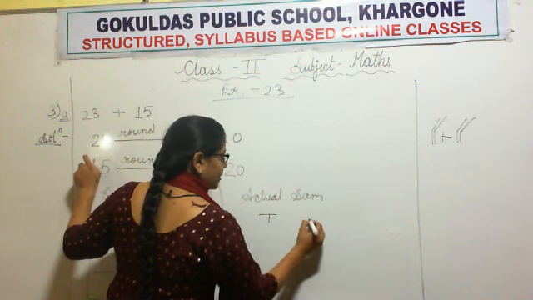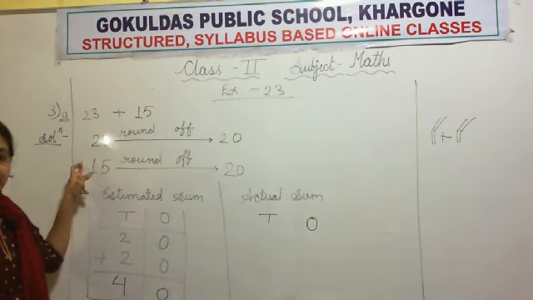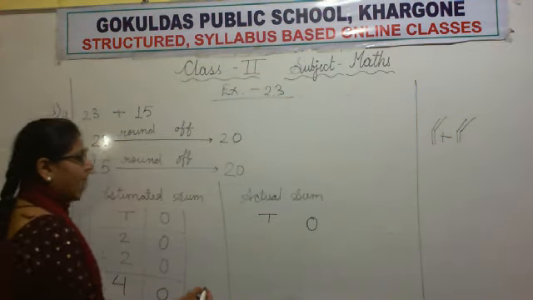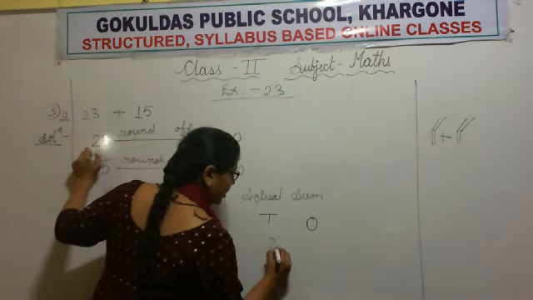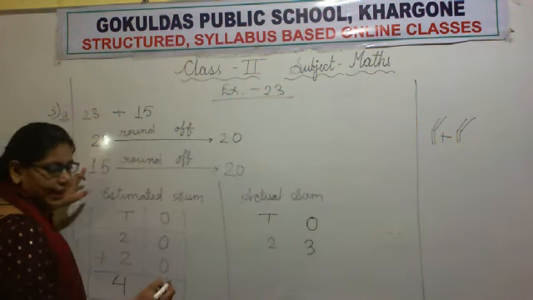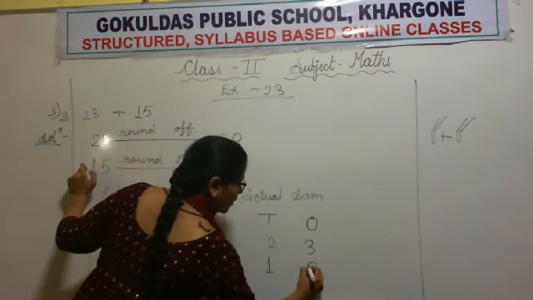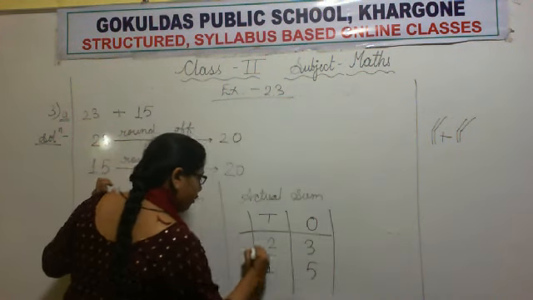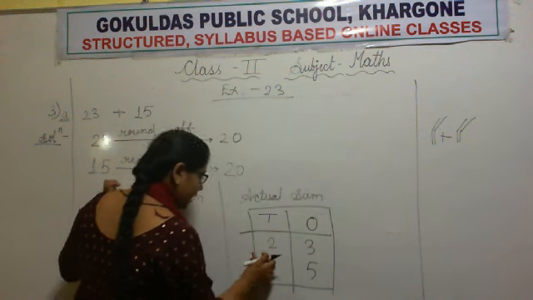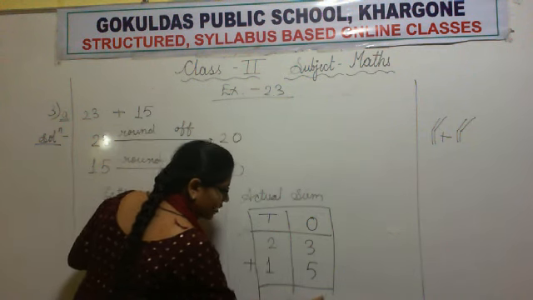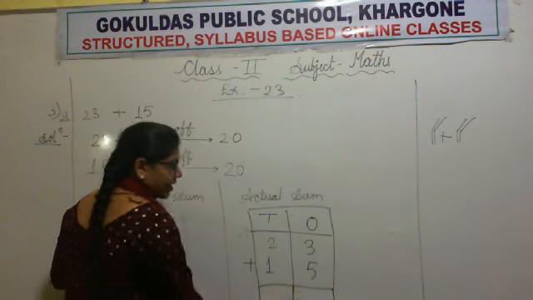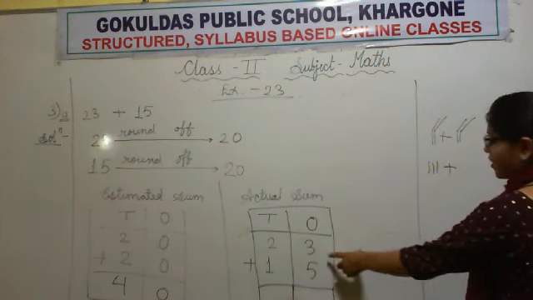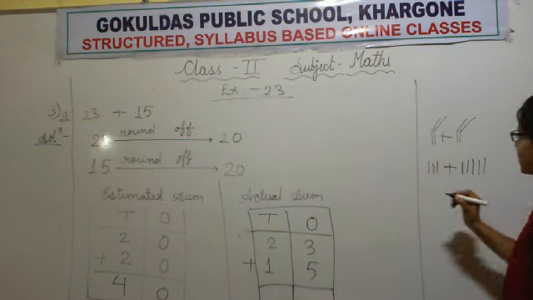For that again 2 digits are there. So we will write 2 place values, ones and tens. Okay. Now what are the actual values? The first is 23 and the second one is 15. So again make the table by scale, not by running hand. I am using running hand but you must use a scale. Okay. Now 3 and 5. So 3 sticks for this 3 and 5 for this 5.